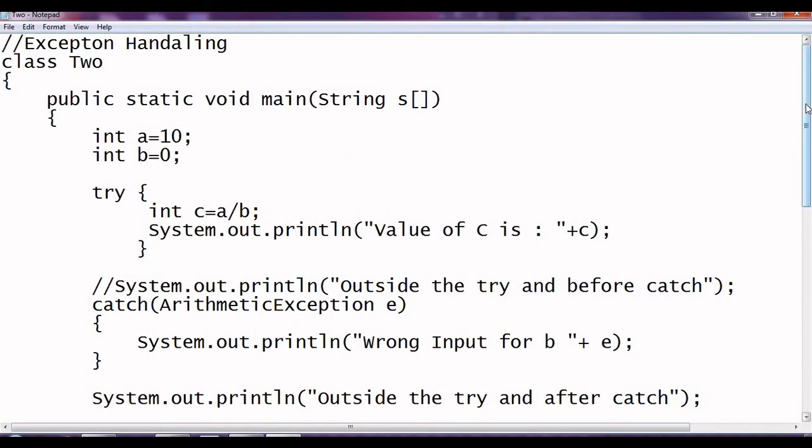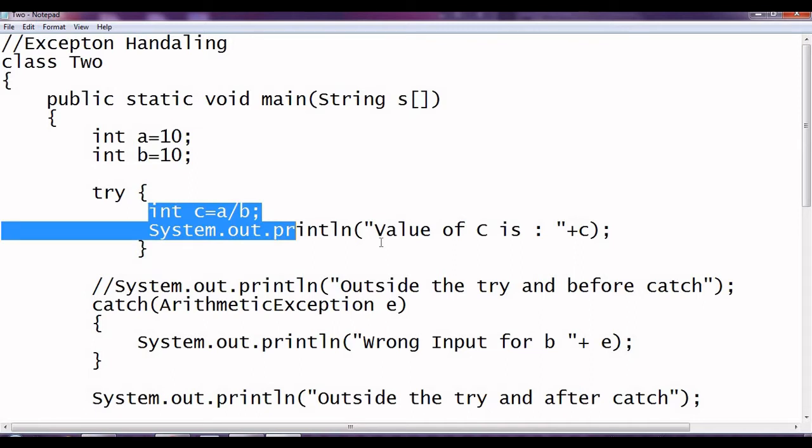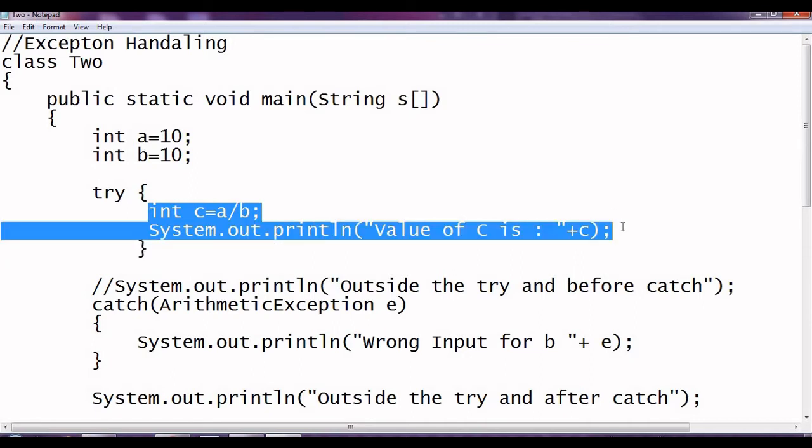Now here we have the same program which has been modified by using the exception handling mechanism. We have a class, then the main method, we have a and b values, a equal to 10, b equal to, let us take initially as 10. Again it can be taken from the user. Then we have a try block. In the try block, we have to mention the code which might generate the runtime error. At least that code should be available in a try block. You can put some other code also, no worry.